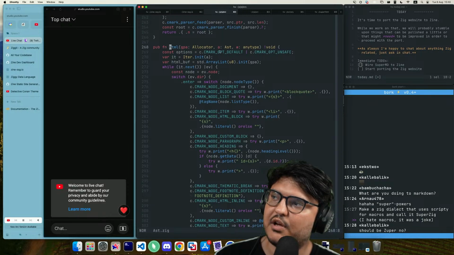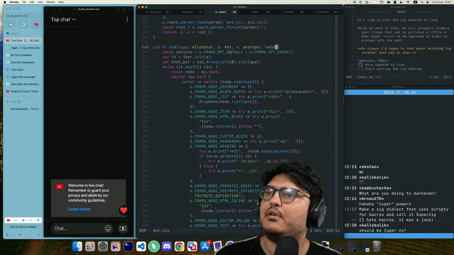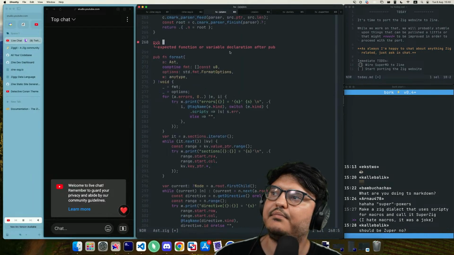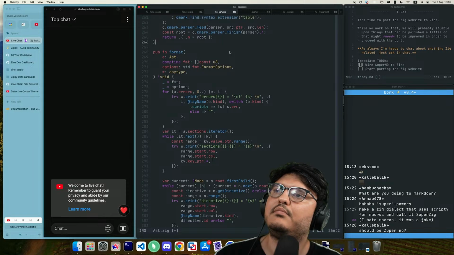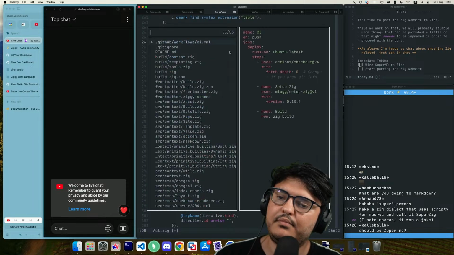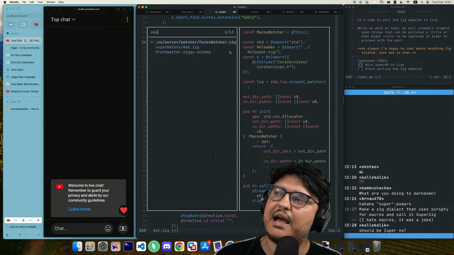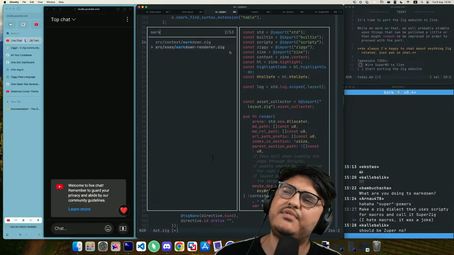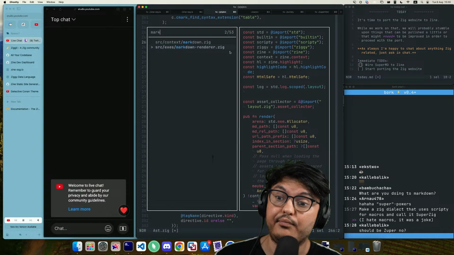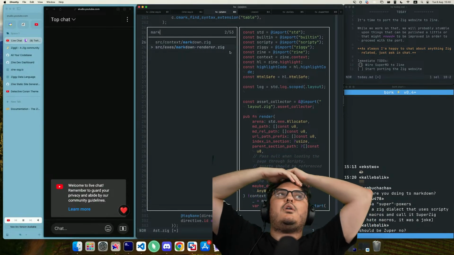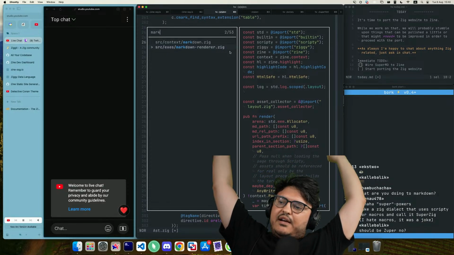Yeah. Okay. Match around function. Delete. Where do we put this? Hey, if only I had a file that was some kind of markdown renderer. Although I do think that we need a new file.